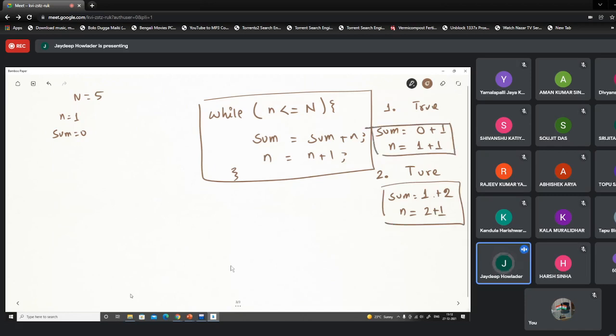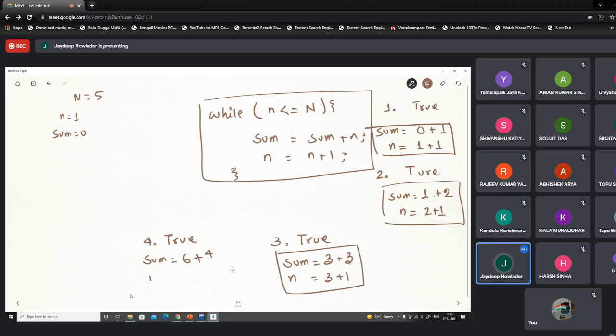Understand? Then in case 3, again the condition will be true, so sum will take 3 plus 3, and n will take 3 plus 1. In case 4, again it will be true, sum will take 6 plus 4, and n will take 4 plus 1. Okay.